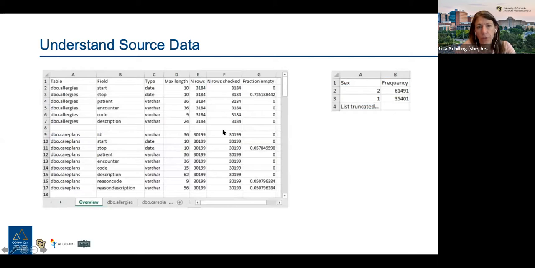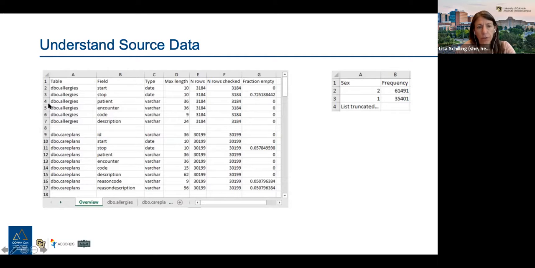So the other thing that's really essential when we think about any given site harmonizing, standardizing their own data, either as part of a distributed research network or even doing it to submit it to a central organizing body, is that you really have to understand the type of data you have. And so this visual is really something that's looking at source databases.